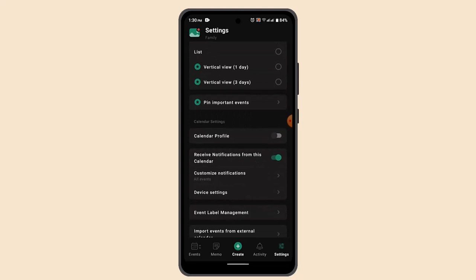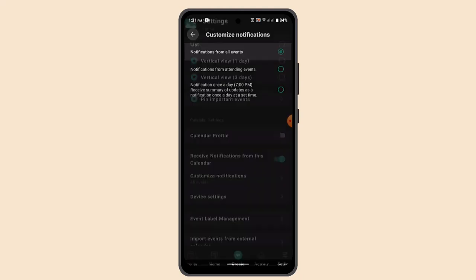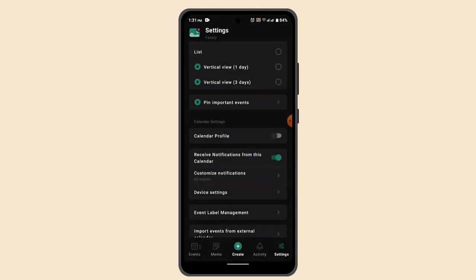While you're on this page, you can see this option as receive. Make sure that you toggle the button and it turns green, and this indicates that you've successfully enabled notification. And you can also go ahead and select customize notification. When you do that, you can go ahead and customize this as well,